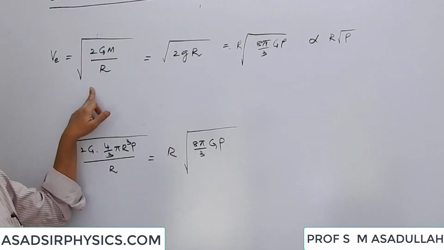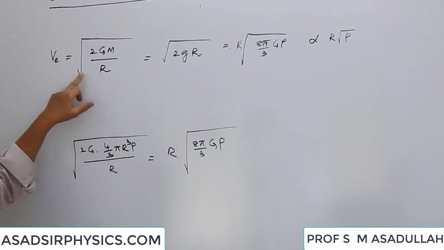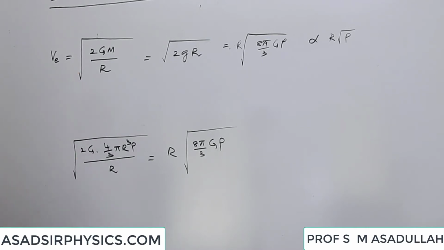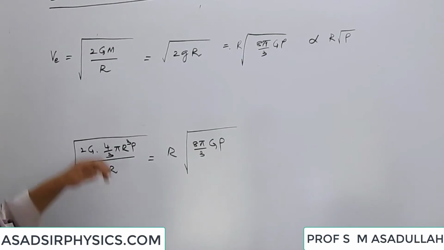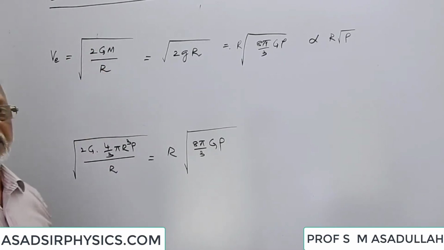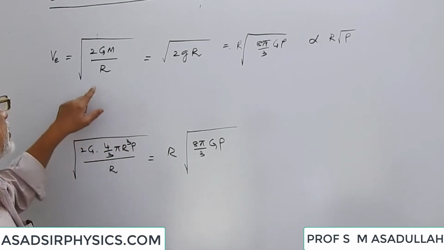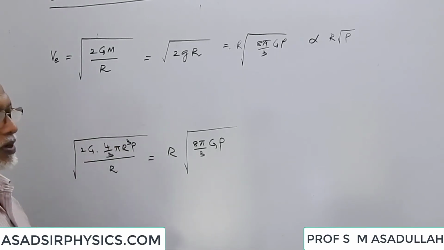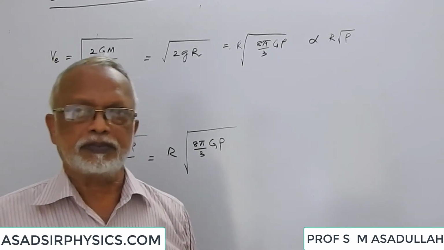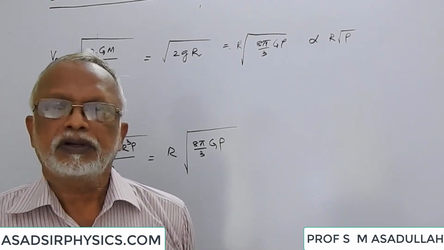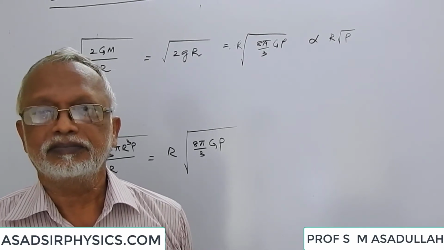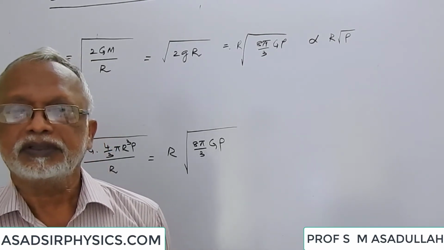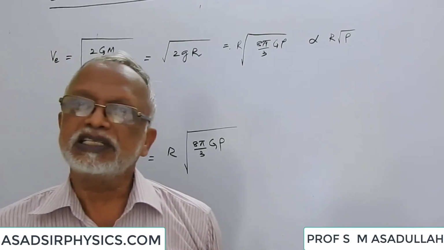The escape velocity, we know, is given by the formula under root 2GM by R. Just now we have discussed this. We have compared the escape velocities on different planets considering their masses and radii. Here I'll discuss one very interesting problem. You see, in physics paper, two things are important. One is physics and the other is English. Sometimes English words will be misleading you.